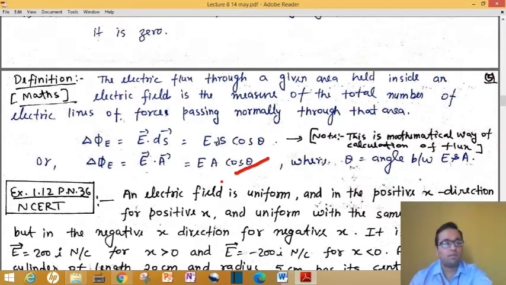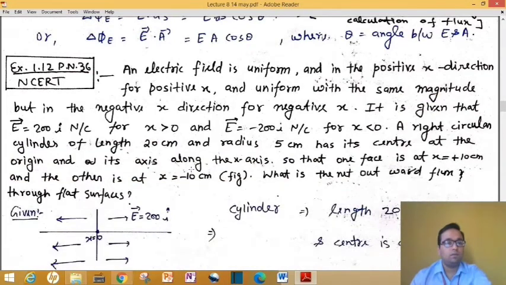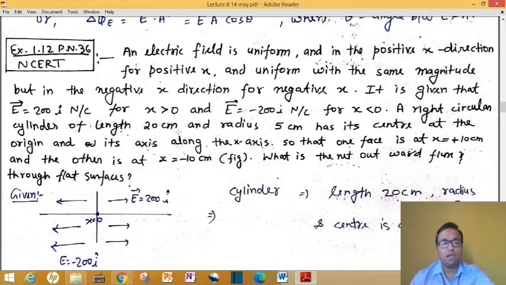Now we will move on. Moreover, you will get more clarity on this by solving this example. This is an example I have taken from your NCERT book. It is given on page number 36, as you can see, and this is example number 1.12. So before it, just pause the video and first read the example very carefully from your book, and try to understand what is given in the problem. Then after that I will explain the solution and you will understand it in a better way. Just try to read that question first.